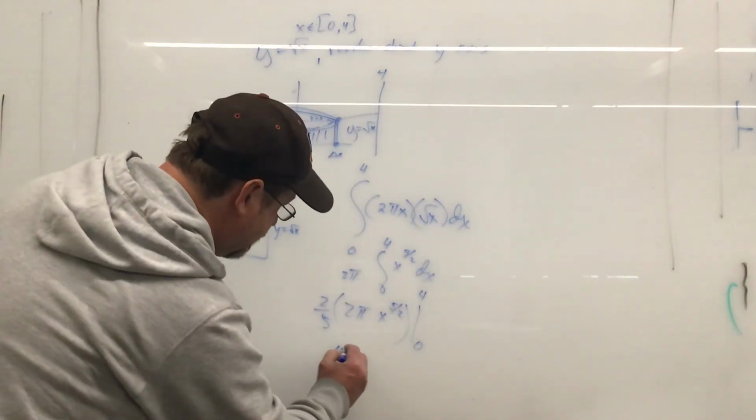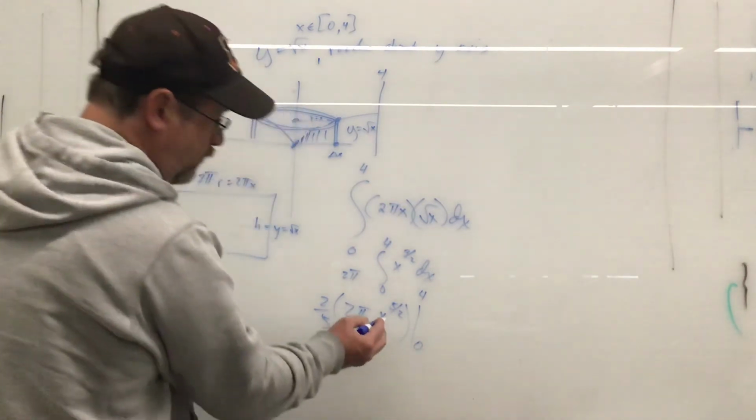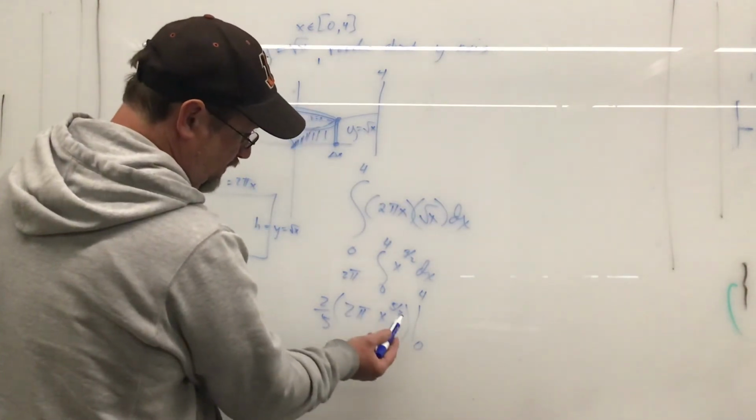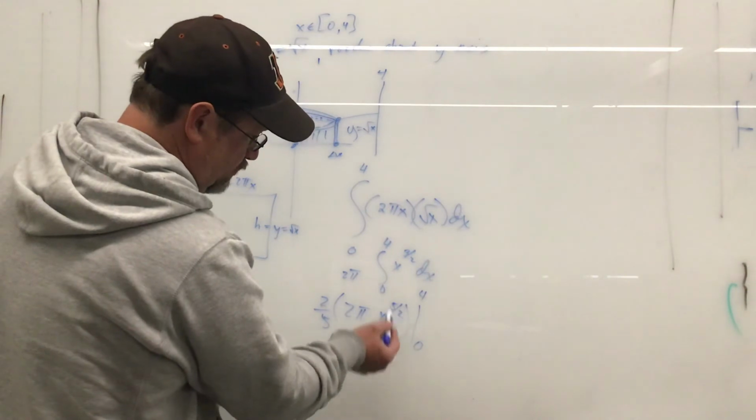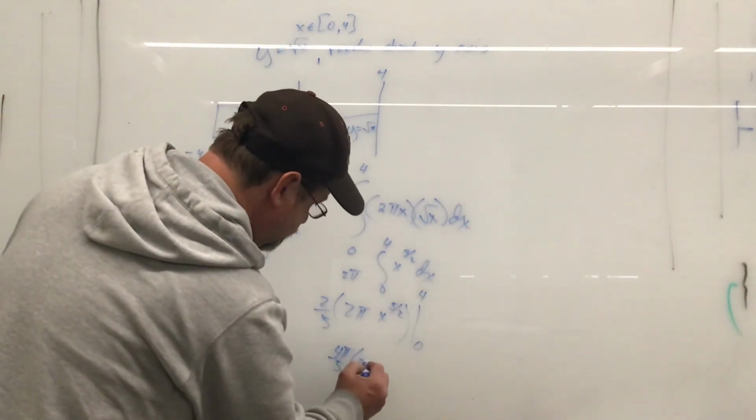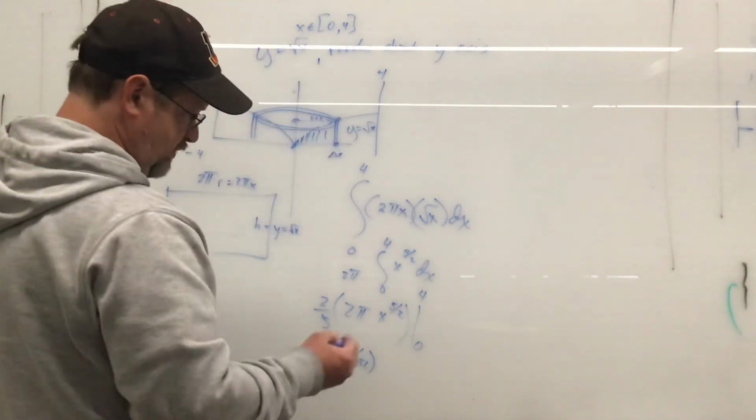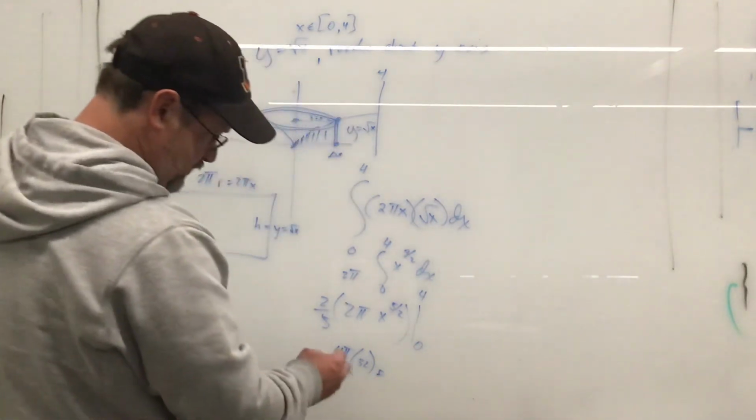This looks like 4 pi over 5. And then 4 raised to the 5 halves. I take the square root first, I get 2. 2 raised to the 5th is 32. Minus 0. And so what I end up with then is